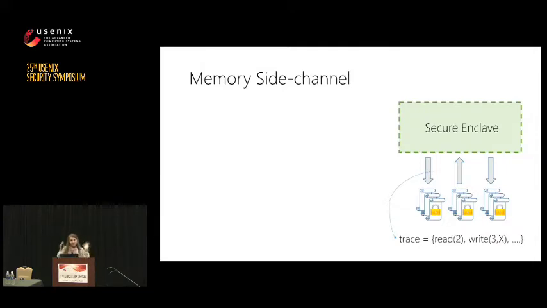So this enclave is secure, but it is living in a very hostile environment, where whenever it's trying to get resources like memory, it can be observed, for example, if someone shares the cache. So here we will assume a very strong attacker that can observe everything very precisely at a cache line granularity. And we will call this a trace, basically each of your accesses. So we protect against such